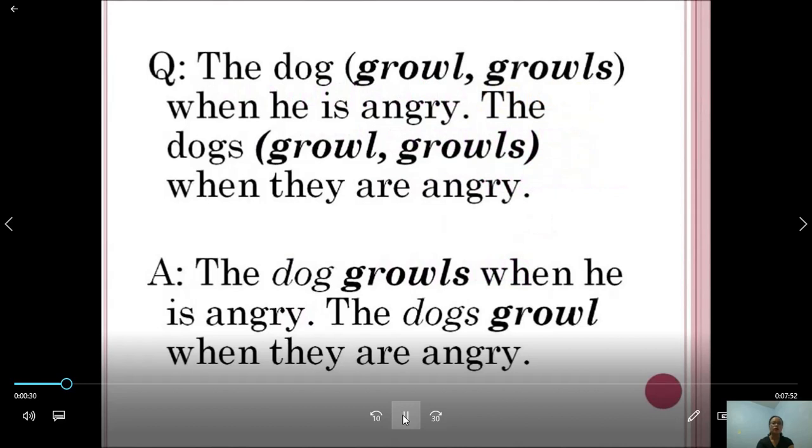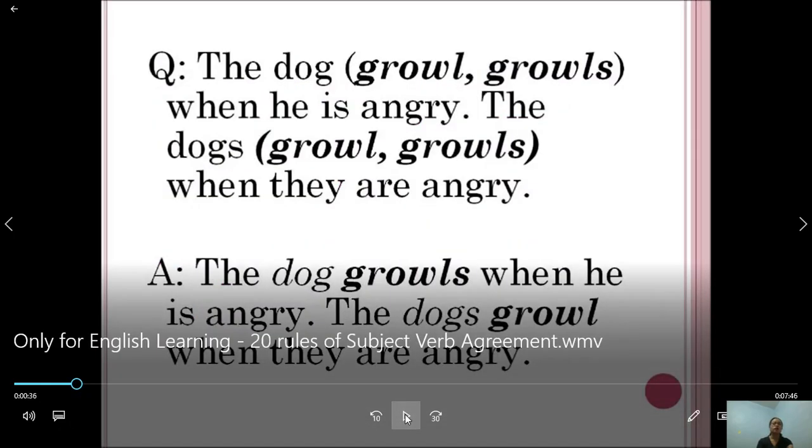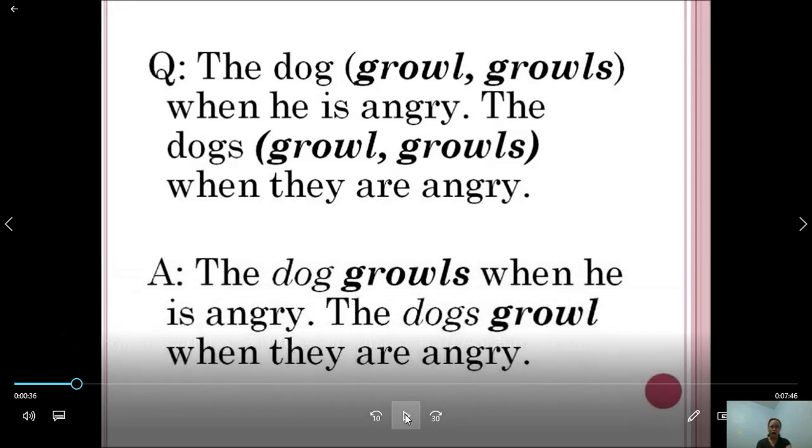For example, the dog growls when he is angry. The dogs growls when they are angry. The answer: the dog growls when he is angry. Because in the first statement, the dog is singular, so it needs a singular verb too. So when it comes to a singular verb, the word